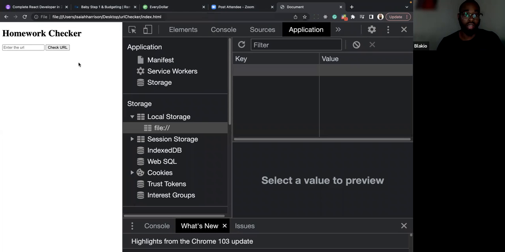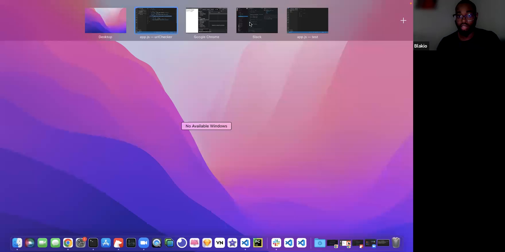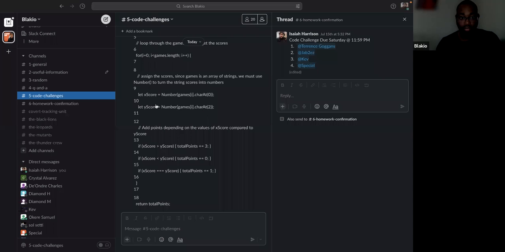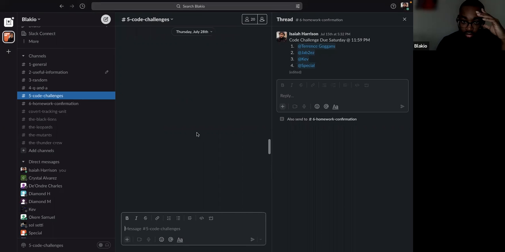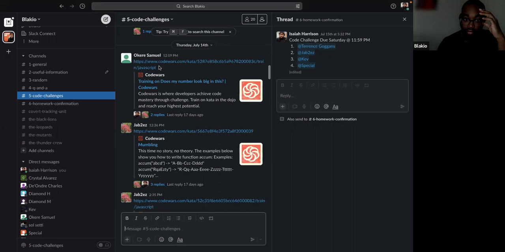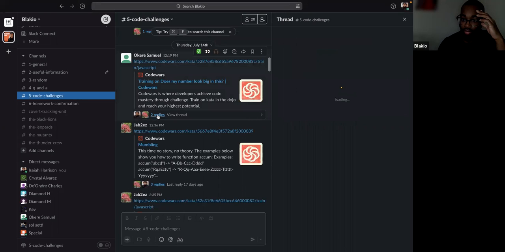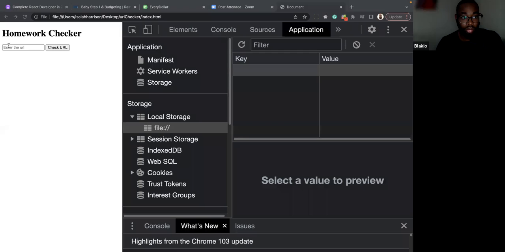Refresh. And let's actually go grab one from Slack. I'm going to grab one of the very first ones y'all had pasted in here. This is not loaded. Okay, let's go all the way to the top. I'm gonna have to go through these one by one. I think this one has a solution in there. Yeah, it does. So I'm gonna grab this very first one here, and I'm going to paste it into this box. I'm gonna press check URL,